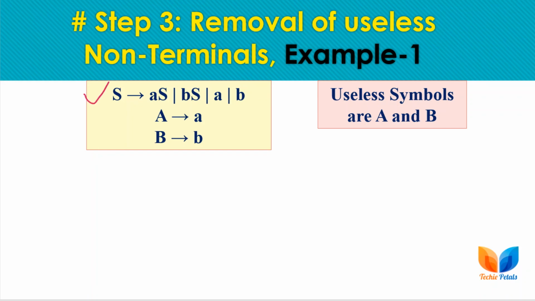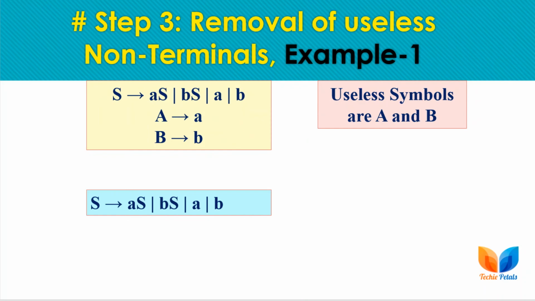Okay, so let's practice some examples for the removal of useless symbols, useless non-terminals, as we have already covered this example in the previous lecture. Here, as we cannot derive any sentential form from the start symbol S where A and B may appear, A and B cannot appear in any sentential form from the start symbol. So we can say that A and B are useless symbols in this grammar, and we can always remove such useless production rules from the grammar. So here is the simplified grammar after removal of useless symbols.